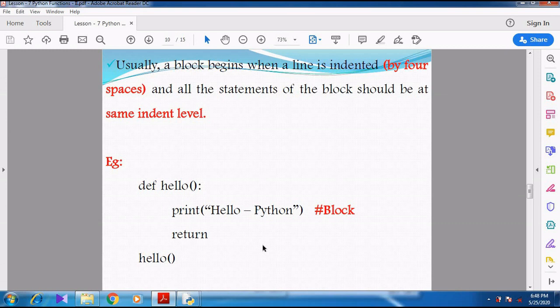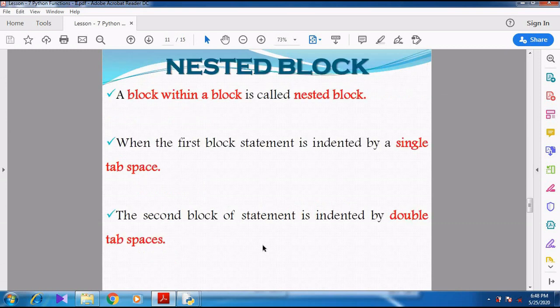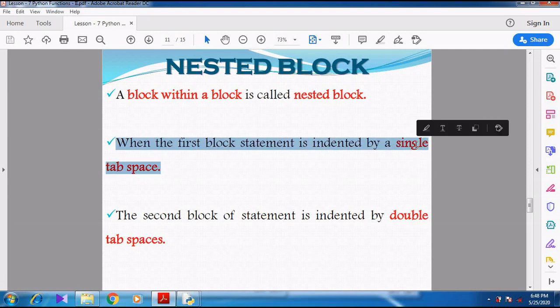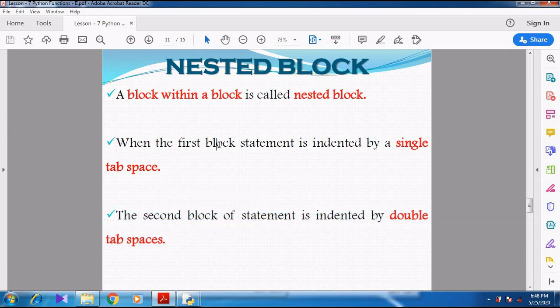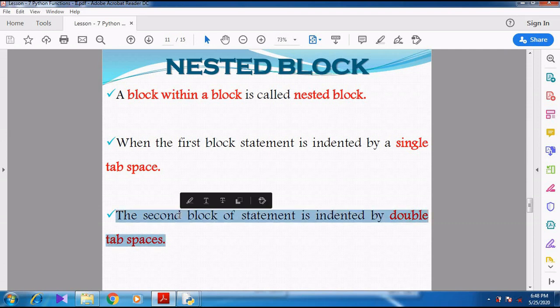What about the nested block? A block within a block is called a nested block. The first block uses a single tab space, the second block uses a double tab space. The first block is called the outer block, the second block is called the inner block. Single tab for outer, double tab for inner.